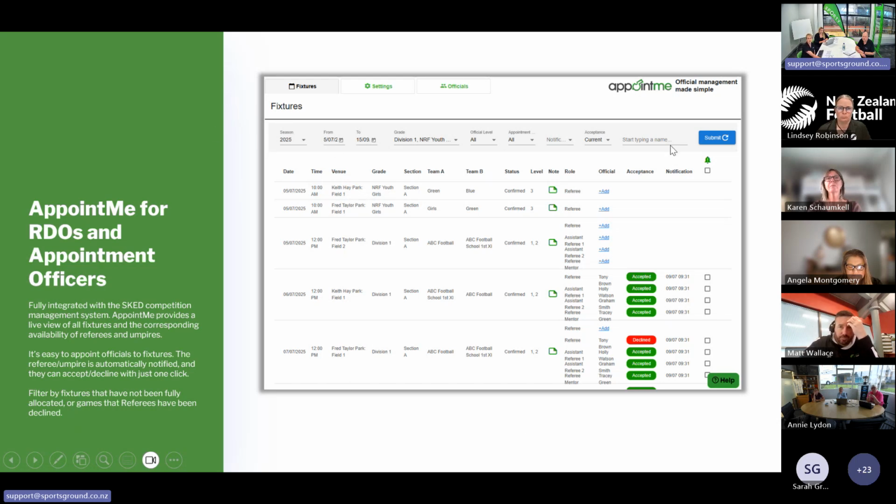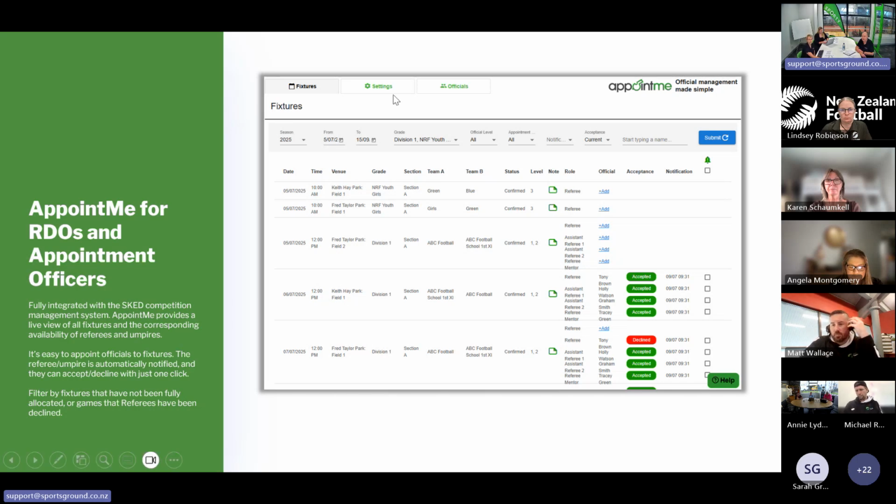There are a lot of different filterable options available here to filter on whether it's been accepted or not. And Karen's going to step through some examples of those. Probably just point out at the very top of that screen as well, there are settings. There's a settings cog that Karen will no doubt refer to in her screen share, but there are some things that need to be set up in Appoint Me for the very first time. These are settings that don't normally change going forward, but Karen will walk you through that.